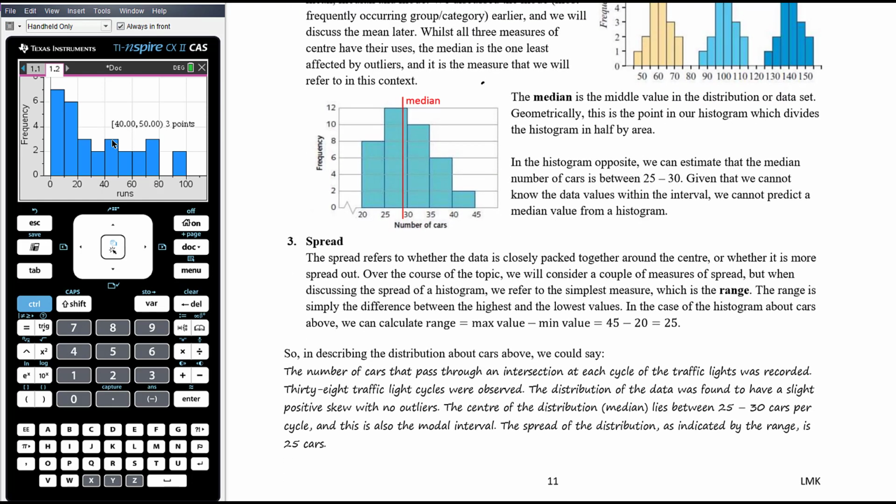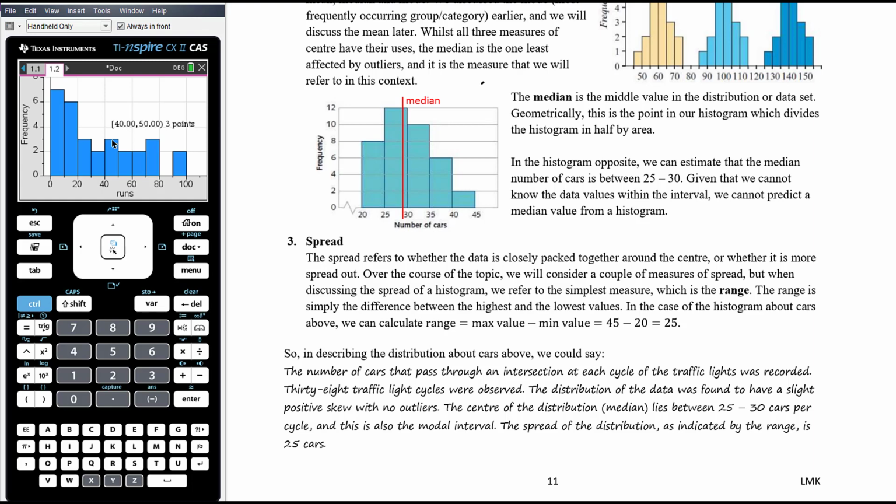And then we need to talk about spread. Now, the only measure of spread we have here is range, and actually it's not even particularly accurate. So range is the maximum value minus the minimum value, and here we're making the assumption that the maximum value is 45, but there might not be a data value equal to 45. The highest value might actually be 42. So we don't know that, but we make that assumption, and the minimum value is 20, and so therefore the range is 25. 45 minus 20 is the range. So it just gives us a sense, though. It's not actually the perfect measure of the range,